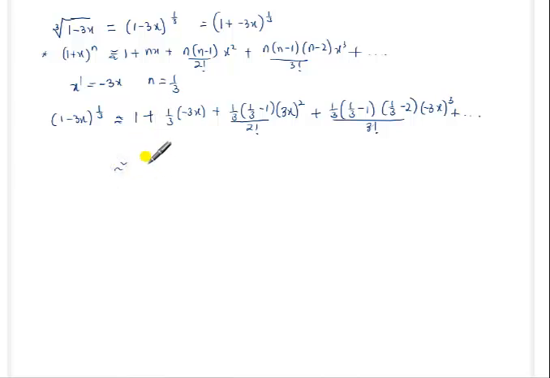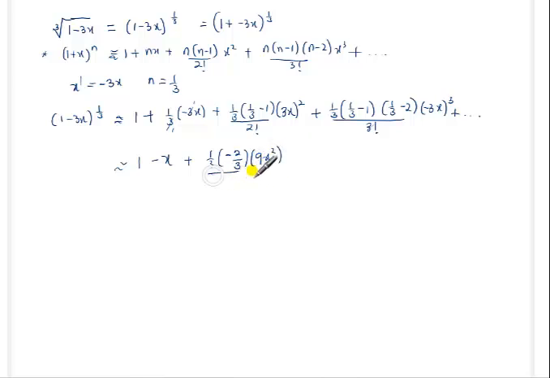Other things that we are not listing. Now this is approximately 1, and then we know 3 can divide itself one time, giving us a negative x. Be careful with negatives. Now here let's take our time. We have 1 on 3, and then 1 on 3 minus 1. This is going to give us a negative 2 on 3. Good. And so here we have this to be 3 squared, which is 9, and then we have x squared